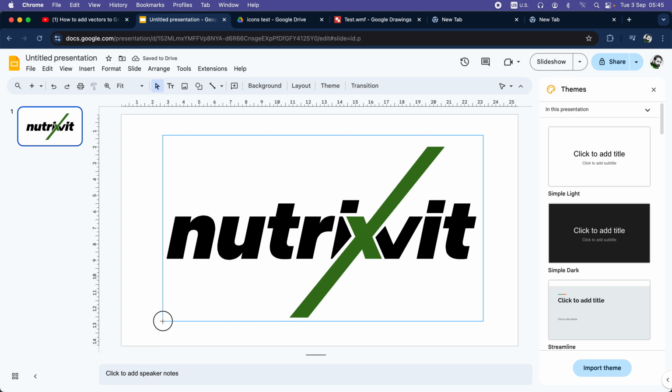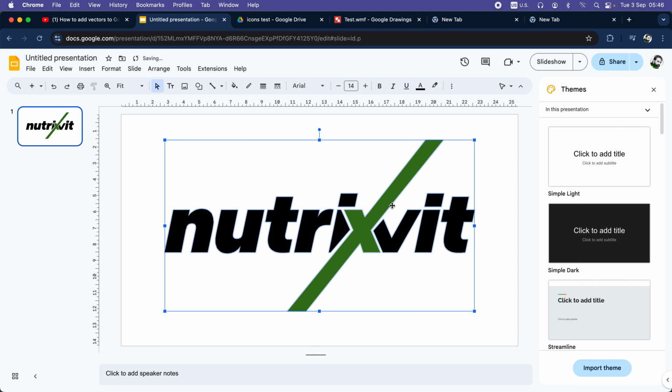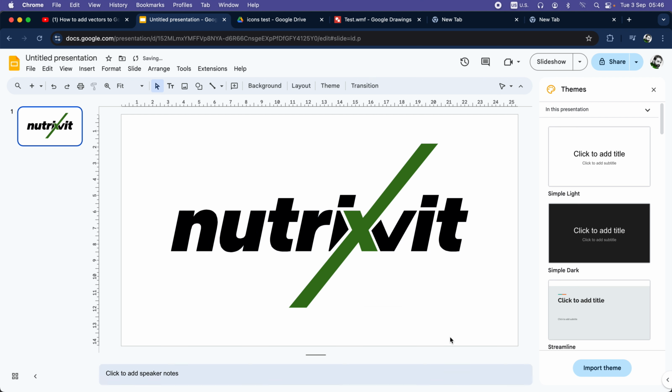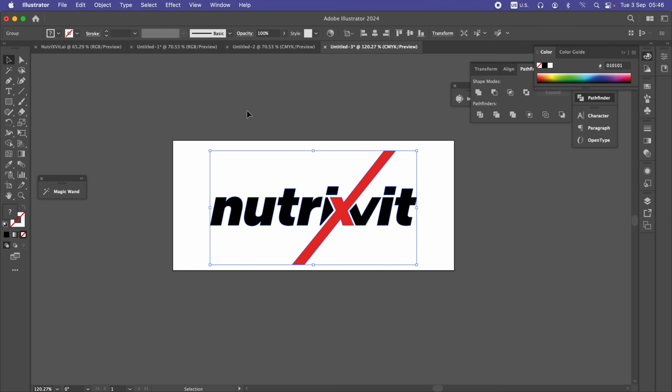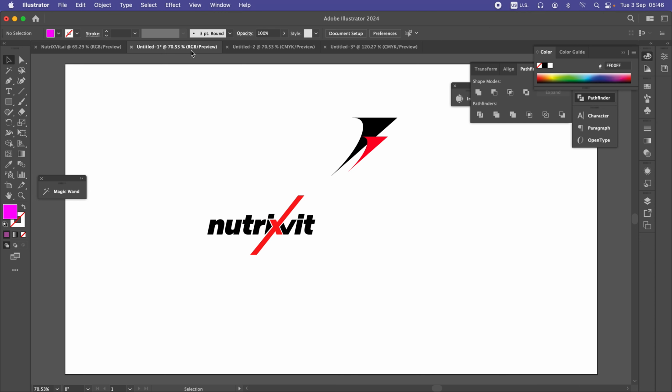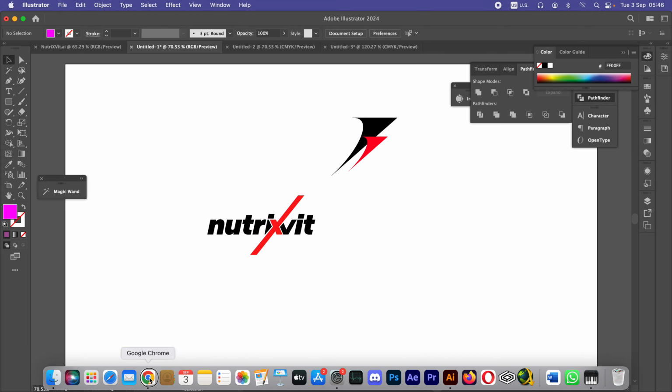So it's still working. I'm not sure if you are missing any step or something else, because one thing I was thinking earlier is that your file color profile may not be matching. This is the CMYK file I just created for you, and I already did this one with a file with the RGB color profile. So I guess